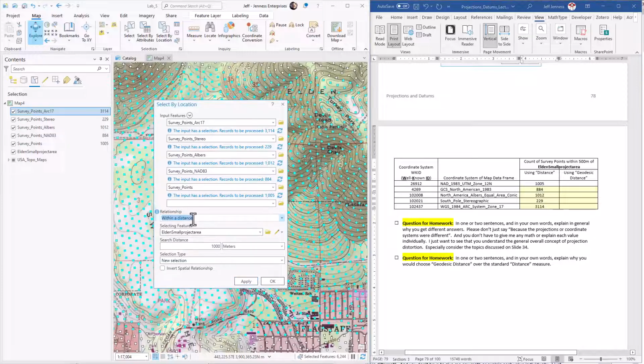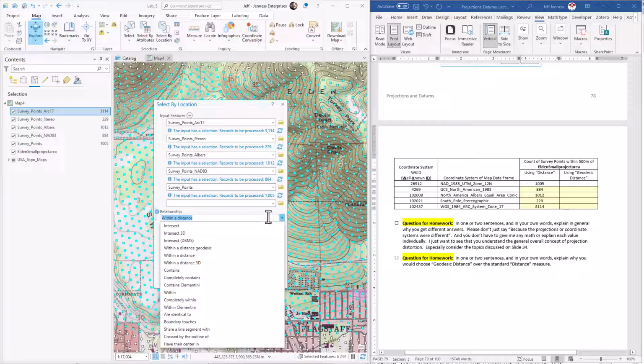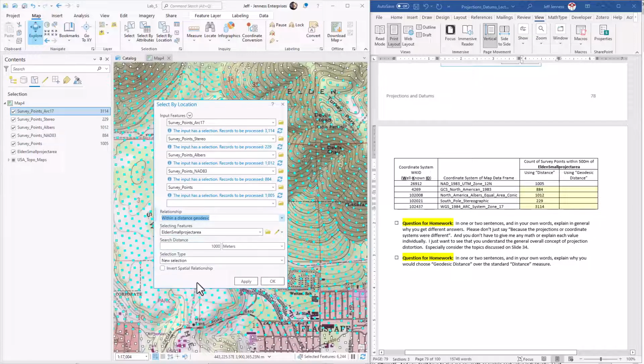So we did it within a distance. Let's try it again within a geodesic distance. Remember, this will calculate distances over the curved surface of the planet. So it'll go right back to the lat long values, calculated in the most accurate way possible. It is generally a much better choice, and this is a very new option that's available to us. So we should go with it when we can. And consider it should get away from all of these projected coordinate systems